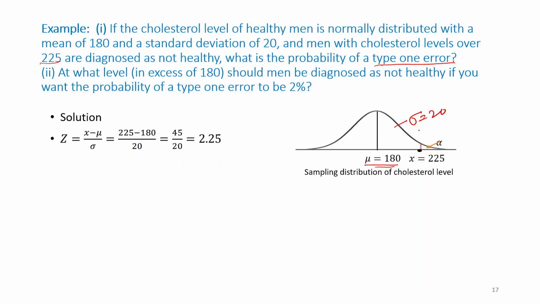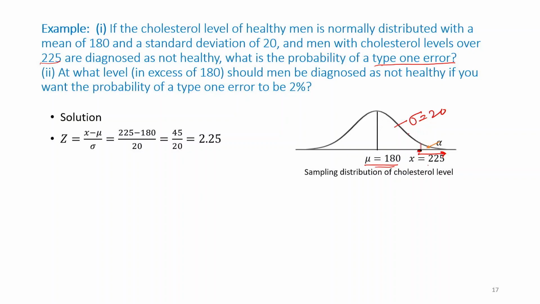So I want that if the doctor classified the people with having 225 cholesterol level and beyond as not healthy, these are the people who are not healthy from here to this side. These proportions of people are not healthy, and though they belong to the healthy population,